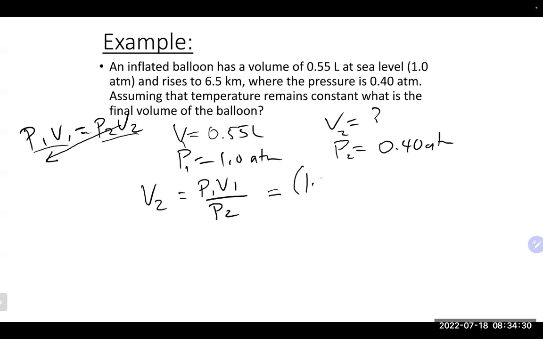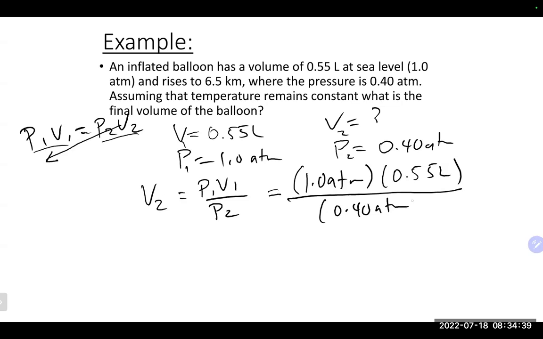That gives you 1 atmosphere times 0.55 liters over 0.4 atmospheres. Once again, the atmosphere is going to cancel, and we will be left with liters, which is a volume. This will get us 1 times 0.55 divided by 0.4. That gets us a volume of about 1.4